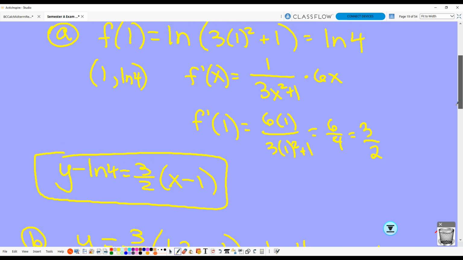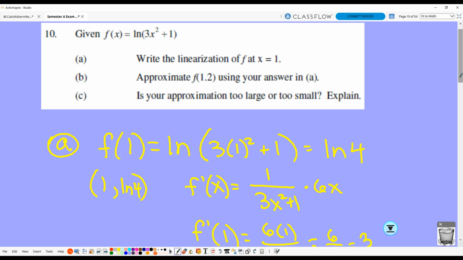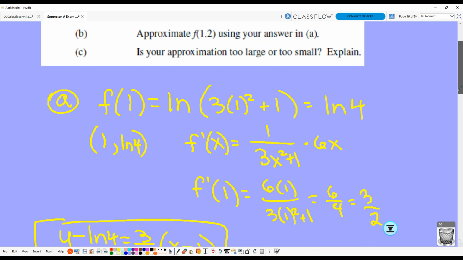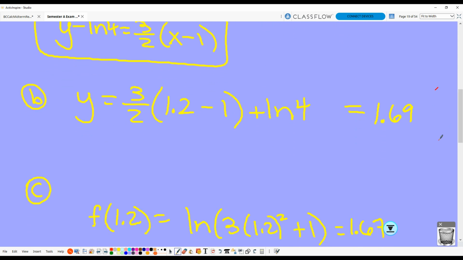Do the derivative. Derivative of natural log of 3x squared plus 1 is 1 over 3x squared plus 1, then times the derivative of that stuff, which is 6x. And then the derivative evaluated at 1, plug in that 1. But the question of use your linearization to find, I can ask questions like this that don't require the calculator. Or I could leave the answer as